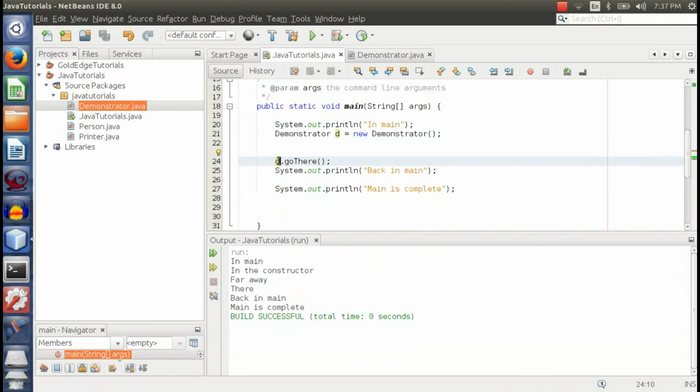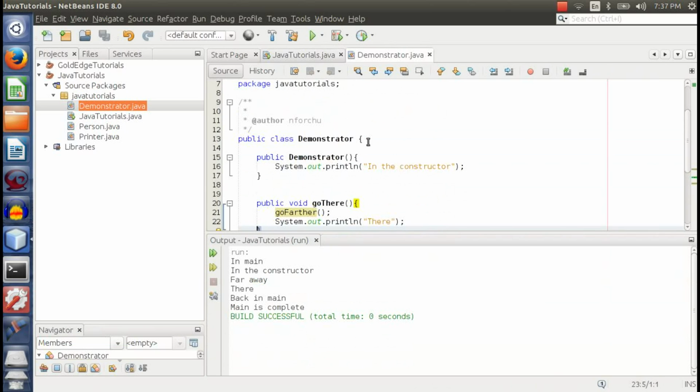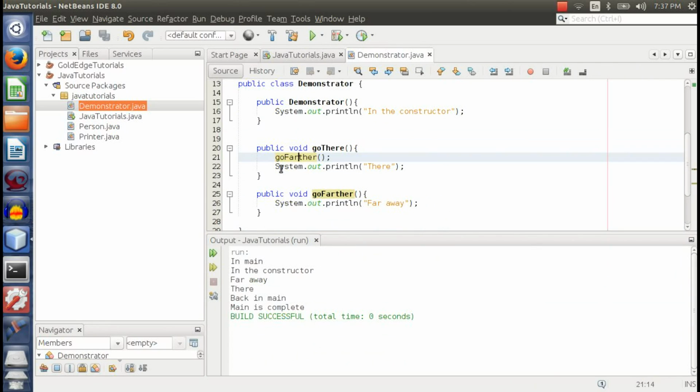The main method uses the object reference that was stored in d to call the go there method on demonstrator, and what happens? Control goes back to the demonstrator class here. But at this point, what happens? Go there calls another method, go further, and execution jumps to this point, and then go further executes, and we see